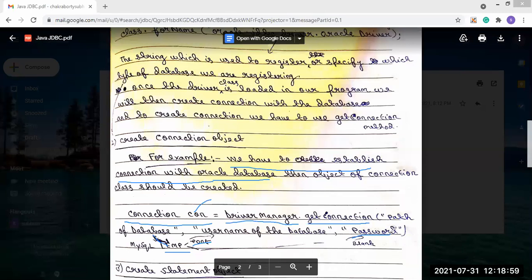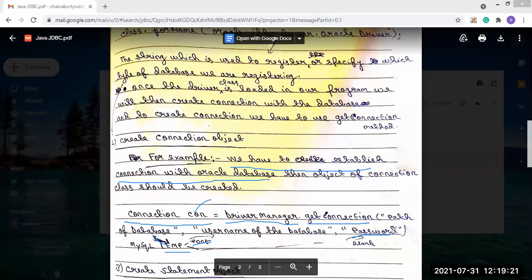EMP is the path of the database, root is the username, and blank is the password. Like that, we create the connection.